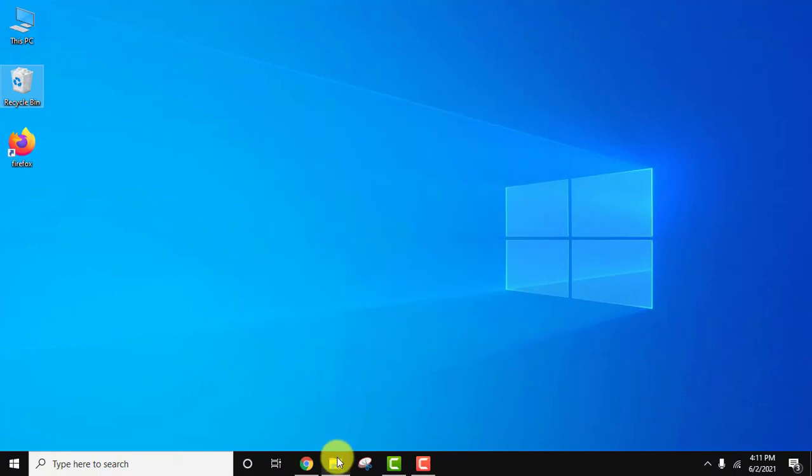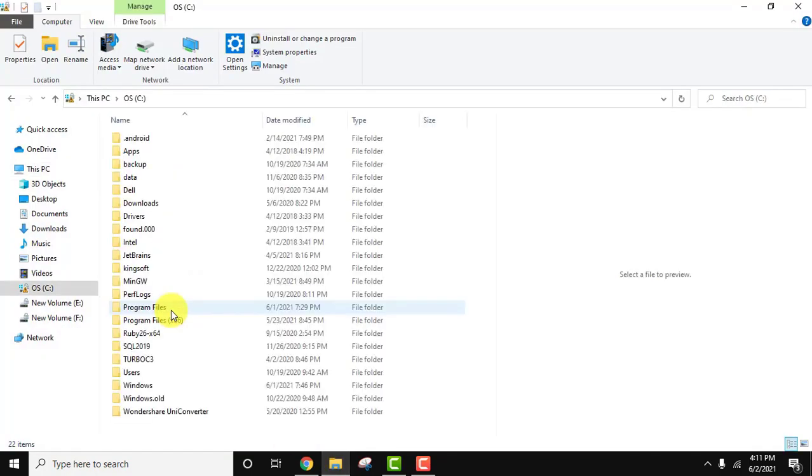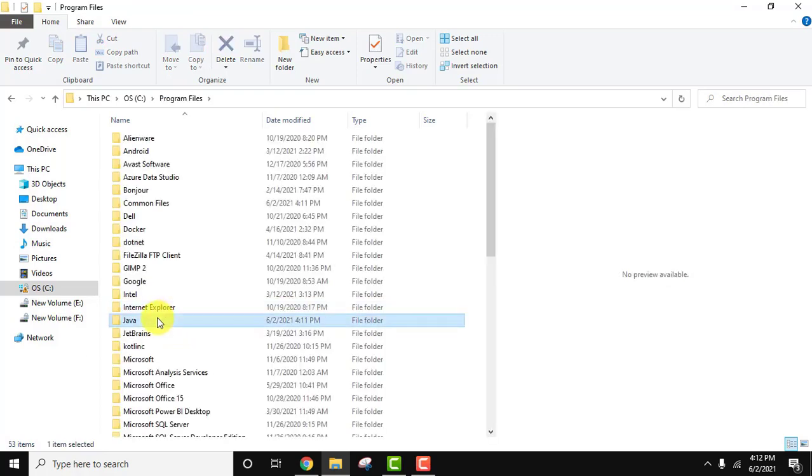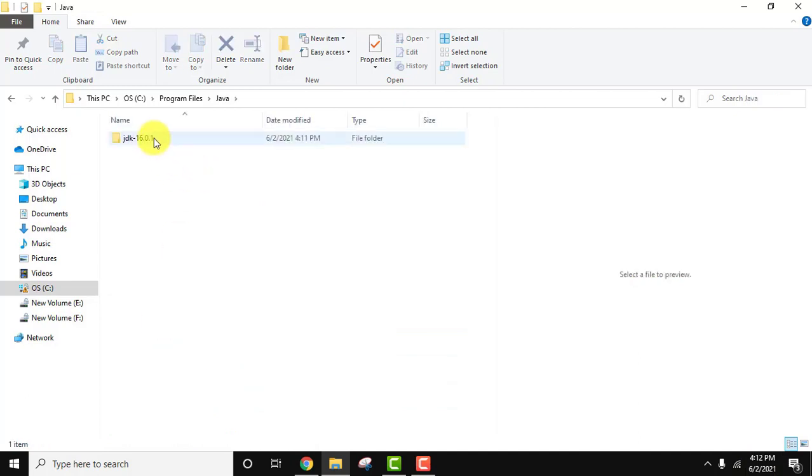To set the path, we need the path of JDK. We installed it under C drive, you saw before, Program Files, and here in the Java folder. Here it got created. You can see the time. It just got created. Click on it. Now here you can see the JDK path is visible. So I told you before, JRE is not required. It is inside JDK only.